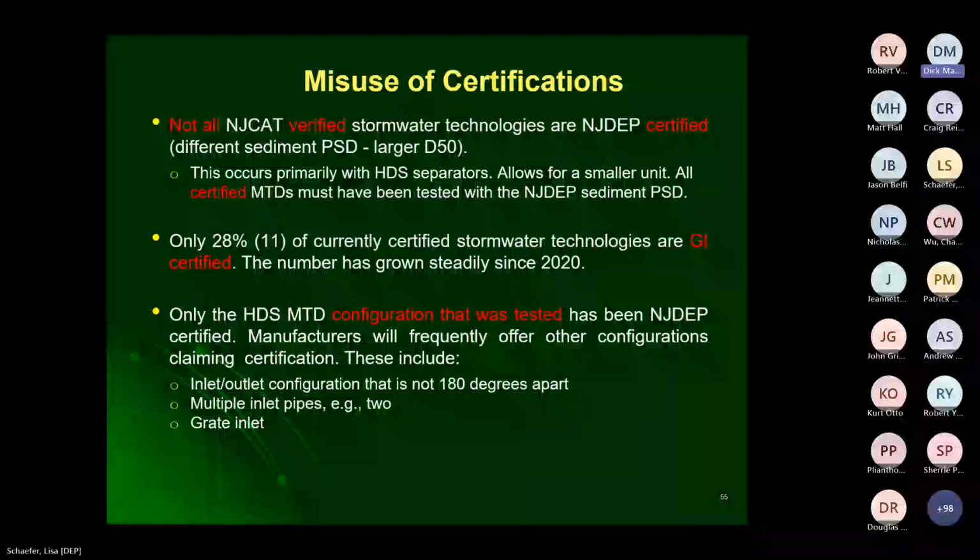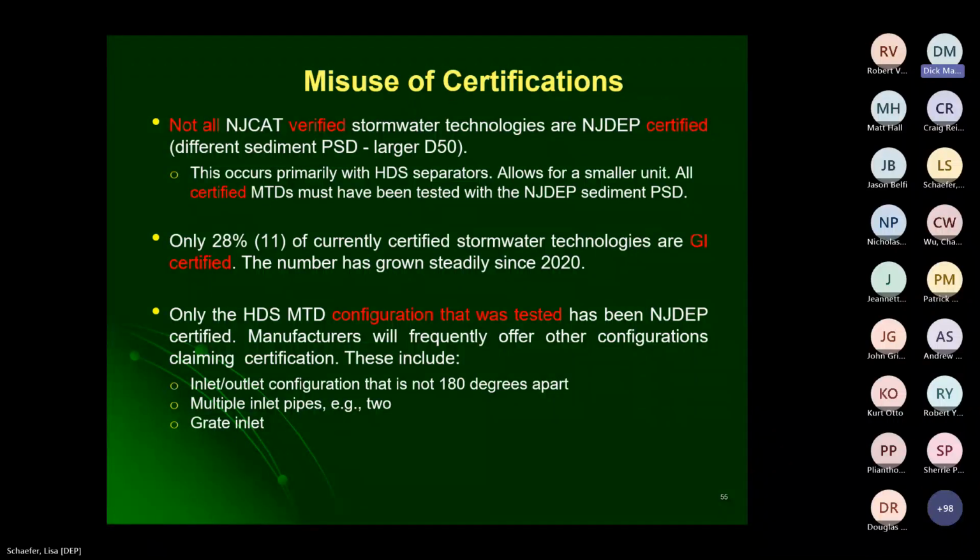Or obviously, you could get away with a smaller unit if you're only trying to get larger particle size out. So you have to be very, very careful. It's not going to be a problem in New Jersey as long as you look at the DEP list of certified technologies. As I mentioned to you, right now only 11% of the currently certified technologies are GI certified, but